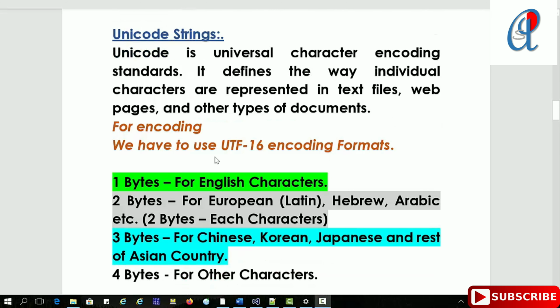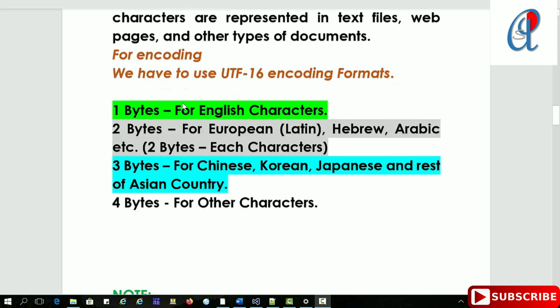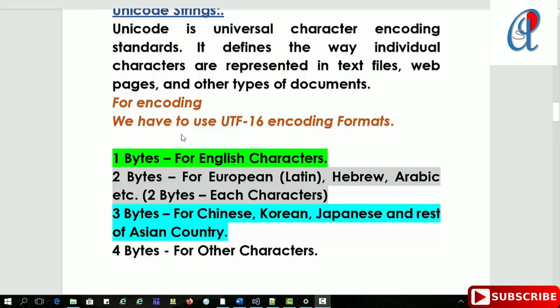And the second one is Unicode. Unicode is the universal character encoding standard. So why are we using Unicode? Suppose you want to store an English character, it will take only 1 byte.